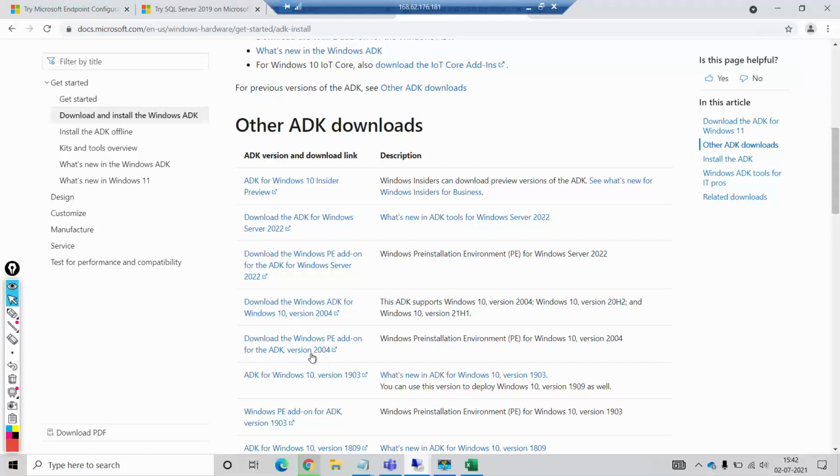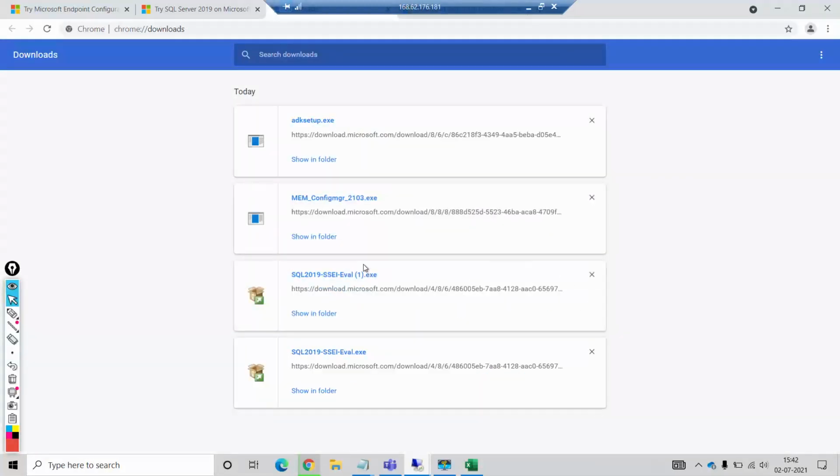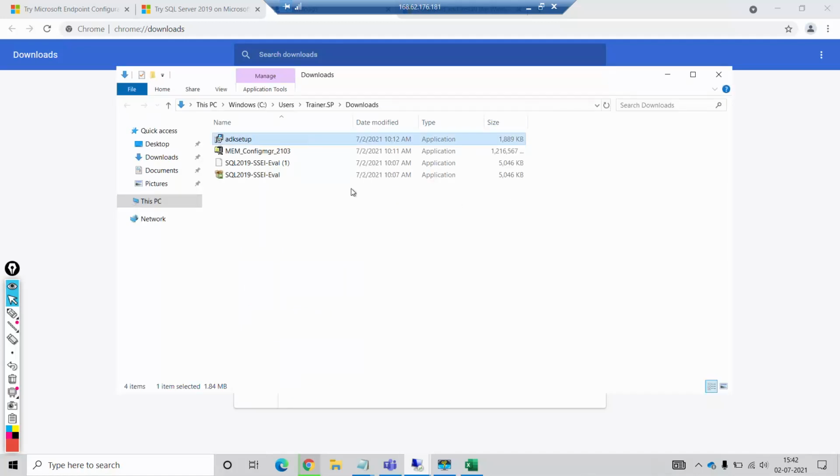So we need to download this Windows ADK version, right? So I'll click on this link and you can see the ADK has started downloading. And if I go to this folder, both things have been downloaded. So this is my ADK and this is my MEM, that is Microsoft Endpoint Manager.